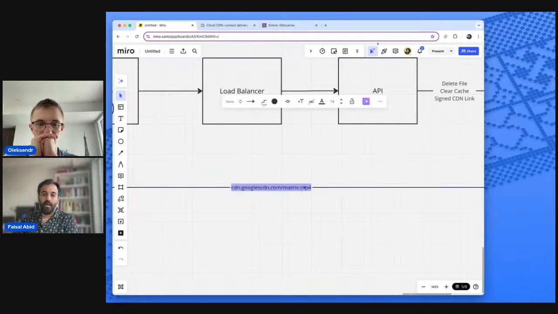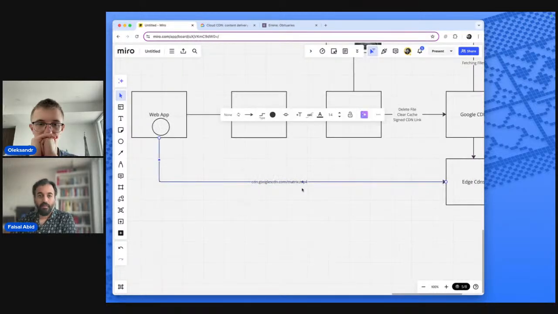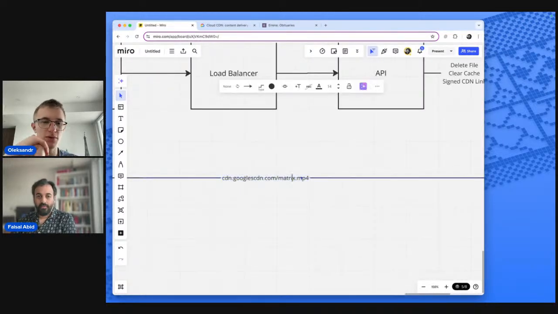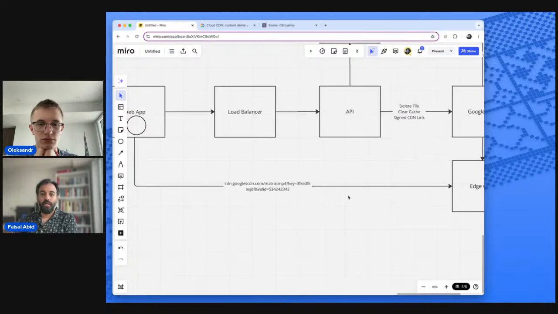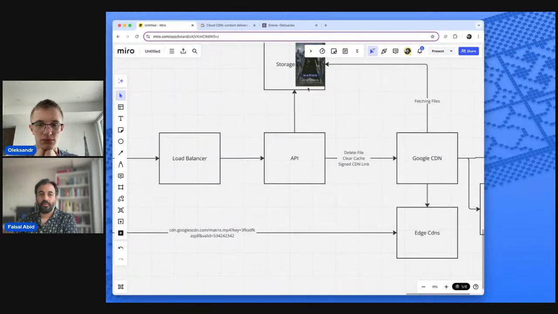That's all it is. And it's signed, with a key. It's like key equals blah, blah, blah, and valid equals maybe a timestamp, some timestamp on it. And so it's all signed. It's very complicated. And so it makes a request to the edge.